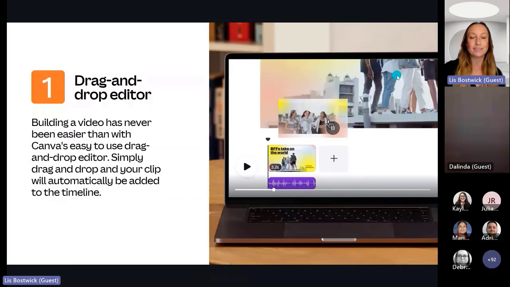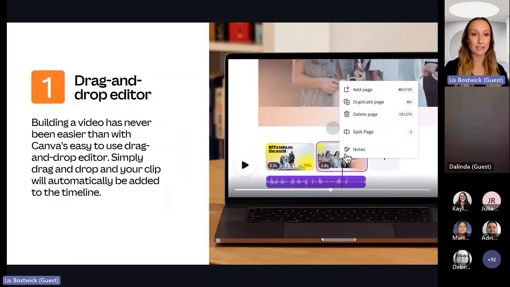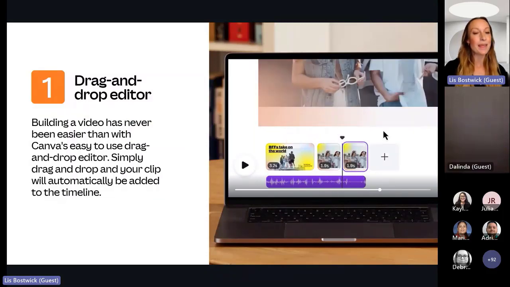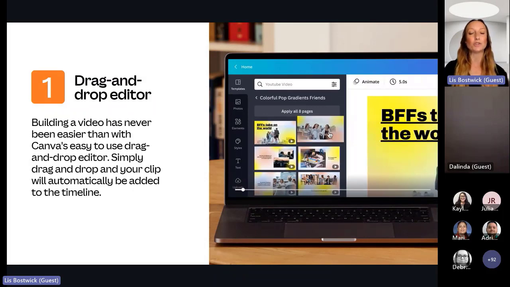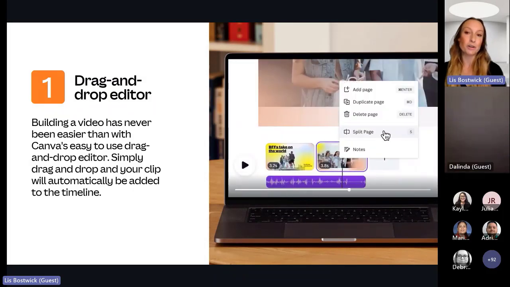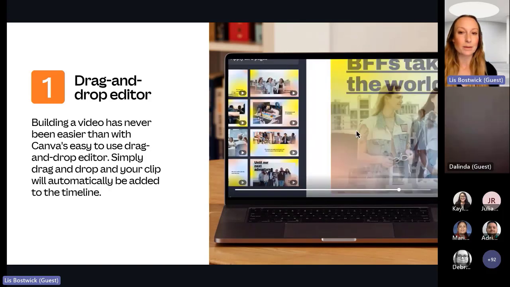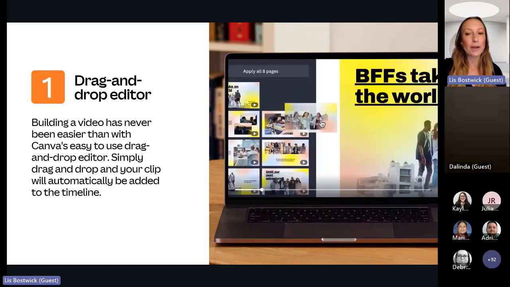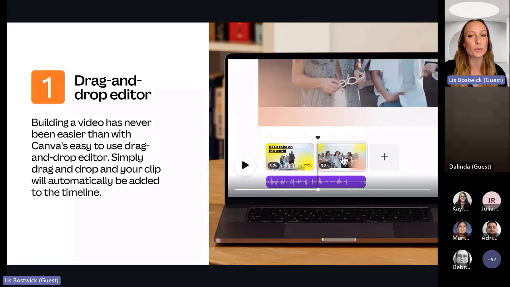So as you can see here, just like I said, if you've created a presentation in Canva, you can create a video. You're really taking slides and dropping them in, and probably the newer thing, if you haven't created with video, is really just going to be about splitting how you add audio, but it is super intuitive.